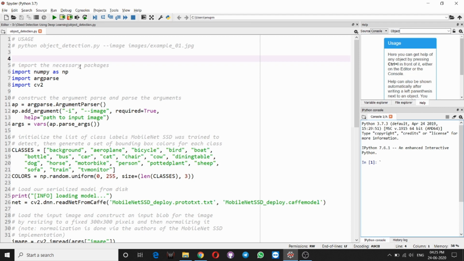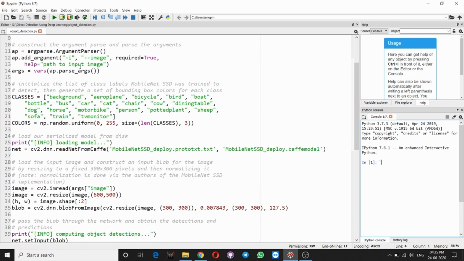Then we have to load our pre-trained model. For this we are using the cv2.dnn.readNetFromCaffe method of the cv2 module, and in this method we have to pass two arguments. Number one is the prototxt file and number two is the caffe model.